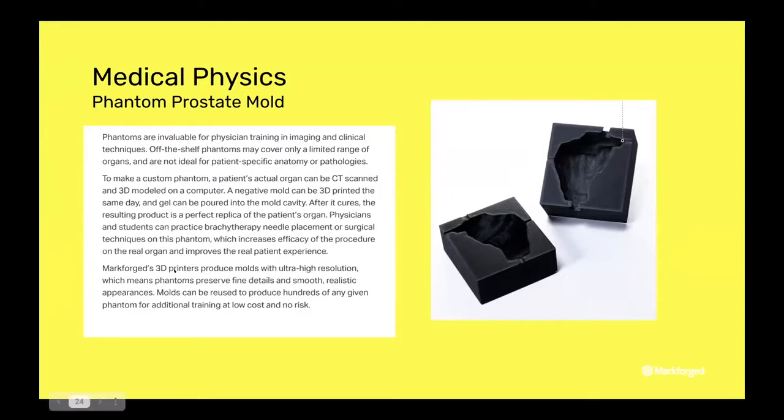As is mentioned here, Markforged's 3D printers and materials produce molds with ultra high resolution, which means these particular phantoms in this case preserve fine details and smooth realistic appearances. The nice thing about this is that rather than 3D printing the object itself when printing